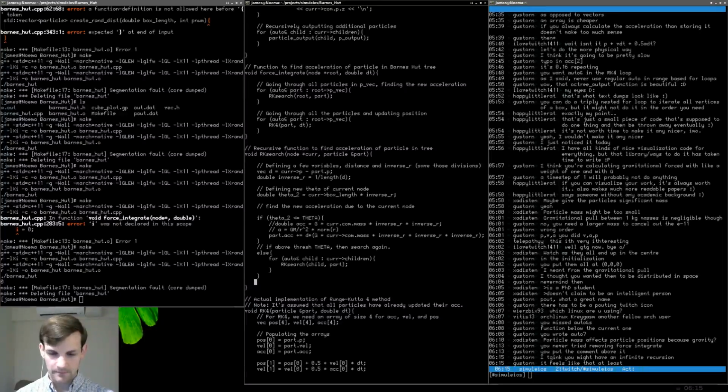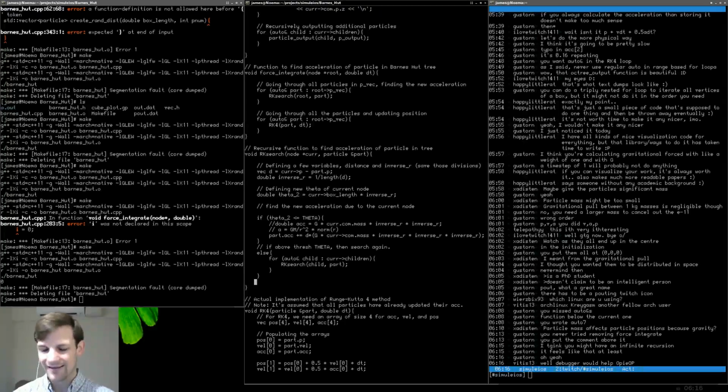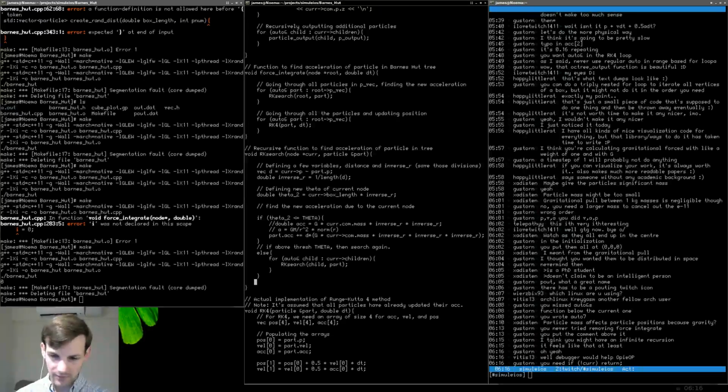And then there should be the issue. The issue is probably down here when we do our current children loop. So we say for auto child in current children, we do an RK search, reading in some sort of particle that we're going to be working with, and then the child of that particle. Okay? I'm sorry, I just need to think about it. Gustron says, oh yeah. So maybe he knows what's going on here. So let's say for auto child, if, oh,